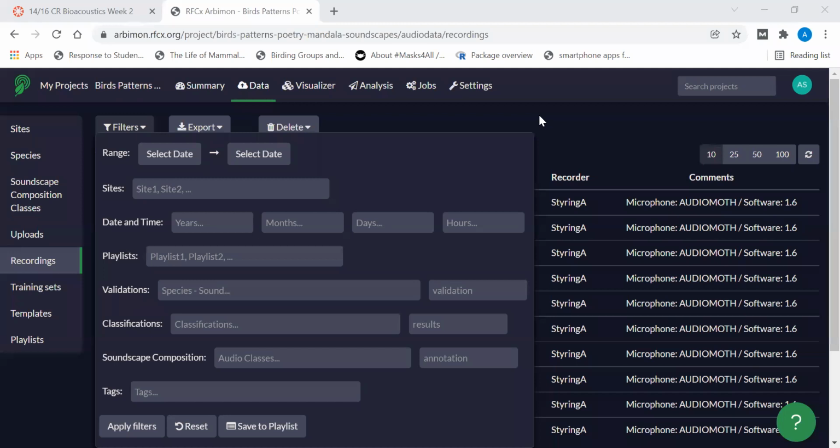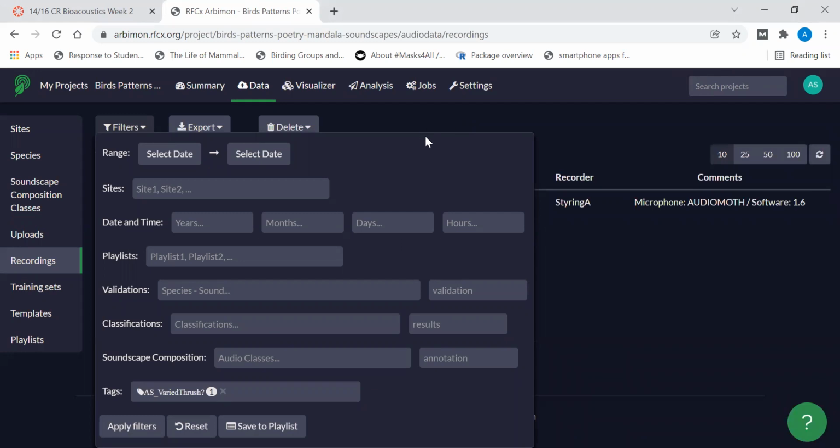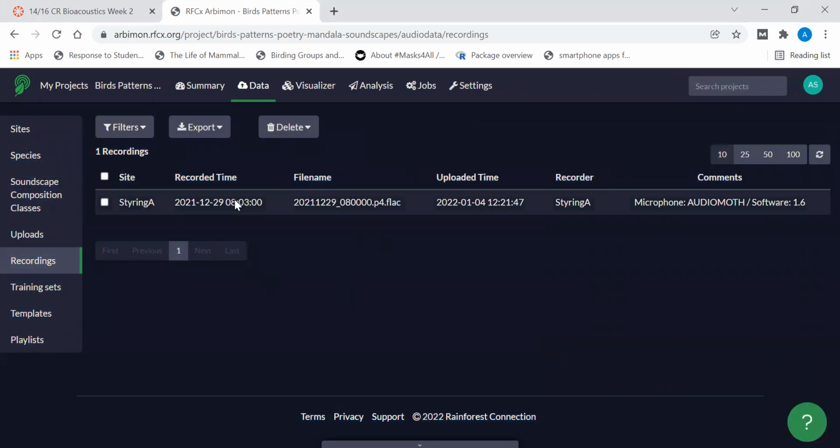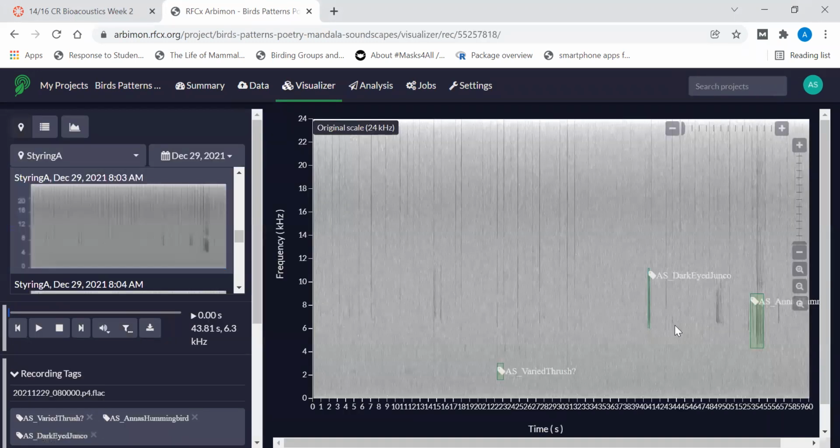Okay, so what has to happen after you do a tag is you have to refresh Arbimon, to make sure that those new tags have saved. And so now if I go into the filters and type my initial, or I actually get a drop down of tags, I can pick one with my initial, apply those filters, and I see this recording. And so I can look at the recording that has a certain tag in it and then look at it again. I may be looking for ones with question marks, and I can go through and help identify them. And that's how collaboration can happen on these sorts of projects.